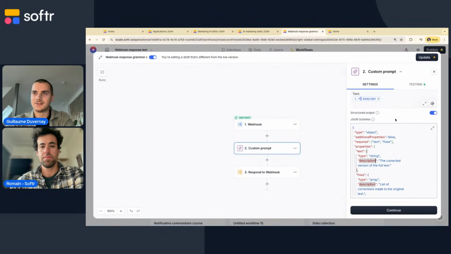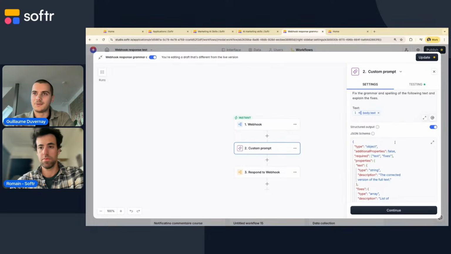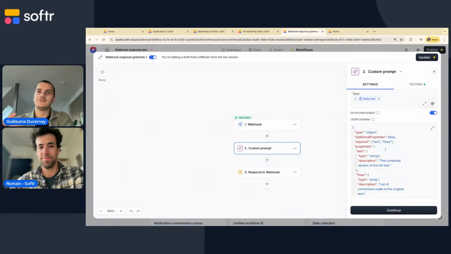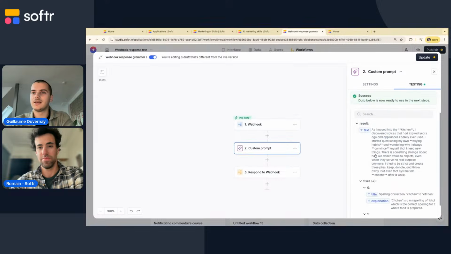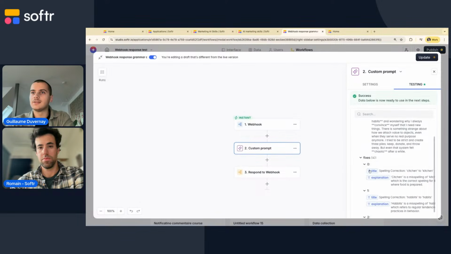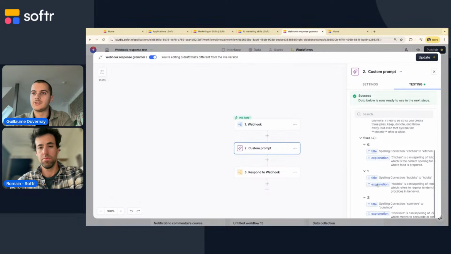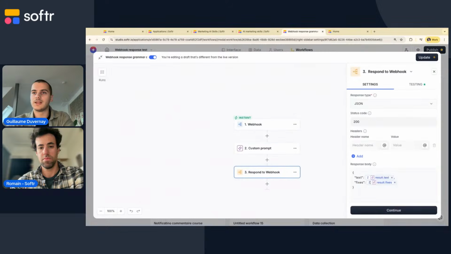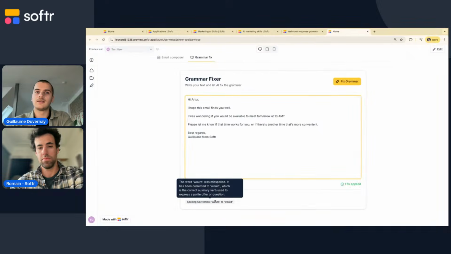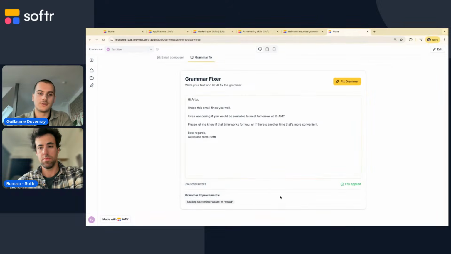So don't be afraid of writing those, but it's basically defining that exact schema here with my corrected text and then all the fixes. So title, explanation, and I respond that so that my vibe coding block knows how to handle that.